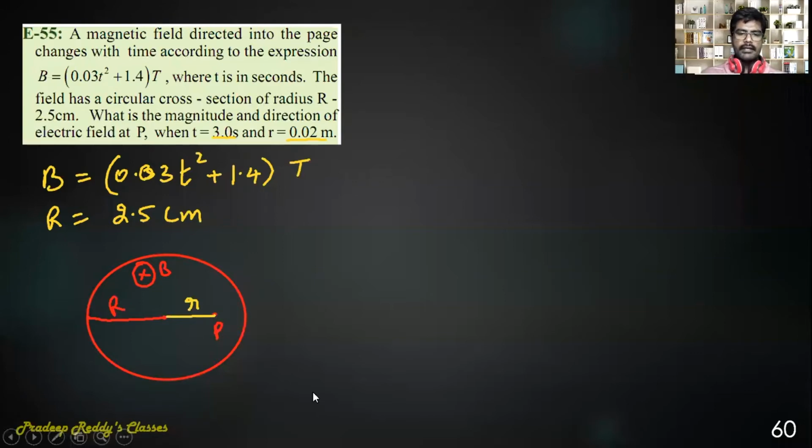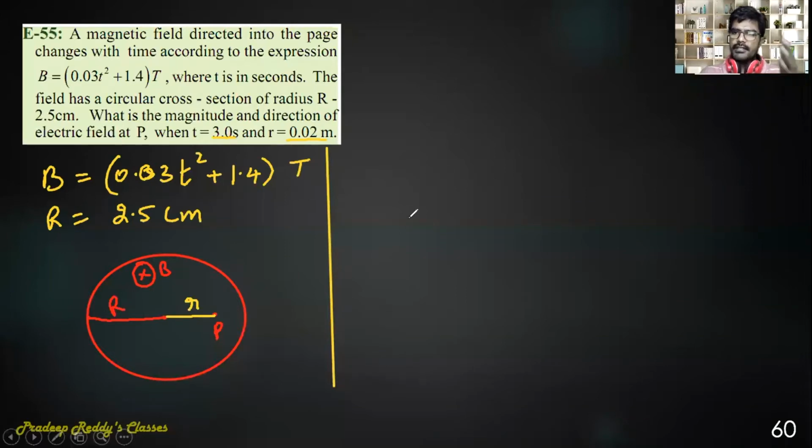In order to calculate the magnitude and direction of the electric field, note that here it is not asked for electric current, it is the electric field. Whenever there is a variable magnetic field, it will induce electric fields, and vice versa.